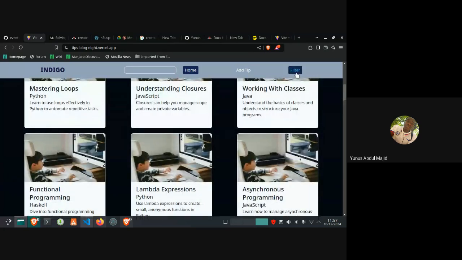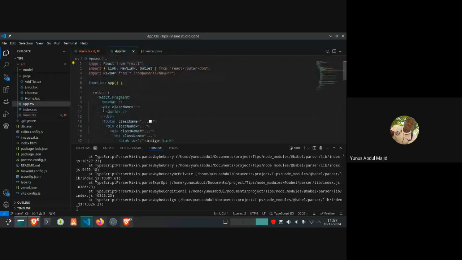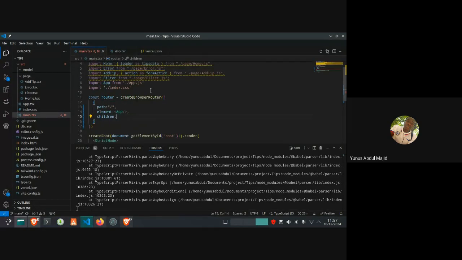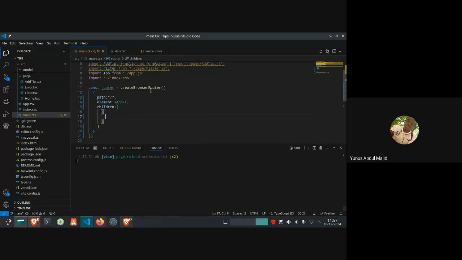Since they are the same, what I did is inside the App.jsx file, I called the navbar and the footer. This we are rendering, while the outlet, the nested part, is rendered here. So children will receive an array of objects, something like that.